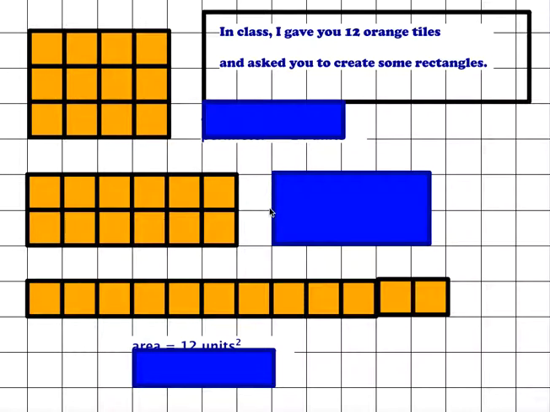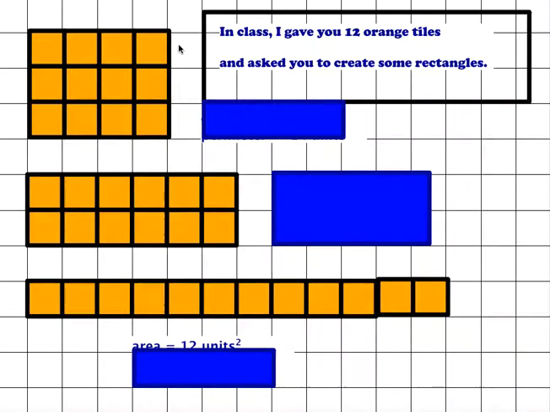This recording will review area and perimeter. In class, I gave you 12 orange tiles and asked you to create some rectangles. Most of you created a 4 by 3 rectangle, a 6 by 2 rectangle, and a long skinny 12 by 1 rectangle. We agree that the area of each rectangle is 12 because you could count the orange tiles, 12